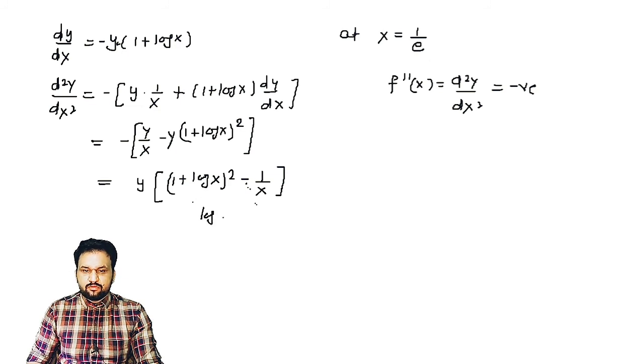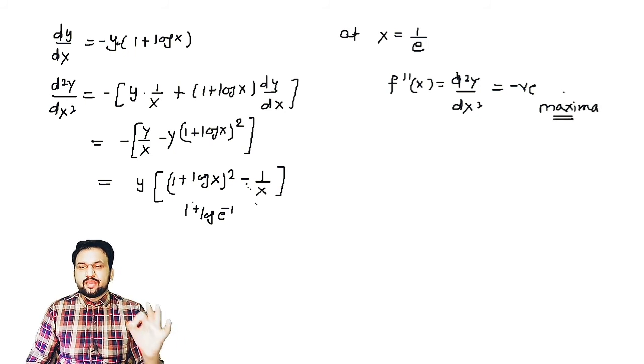Like I just said, e raised to power minus 1, you replace here in place of x, and log e will finish, and here you get a minus 1, and the 1 plus 1 is there, they both will become 0. So if you replace x is equal to e raised to minus 1, negative is there, the complete result will become negative. So that's why d2y upon dx square is negative. If it is negative, it will give you a maximum value. So that's clear, it will give you maxima.